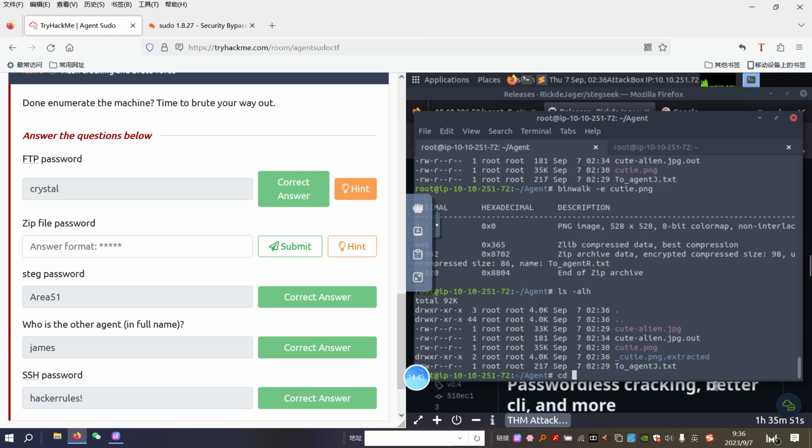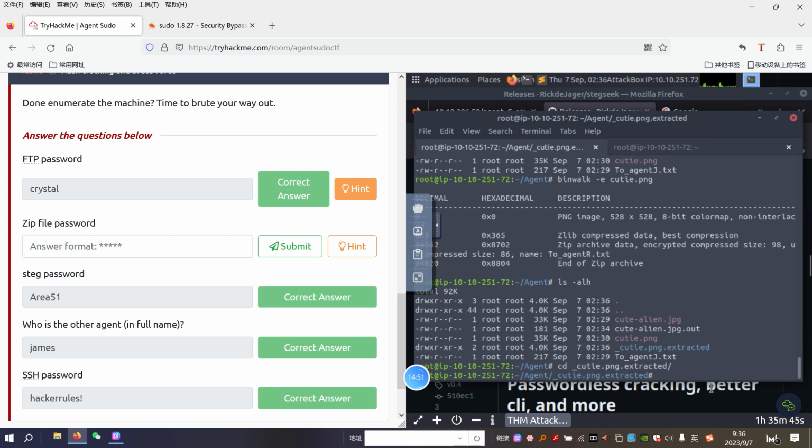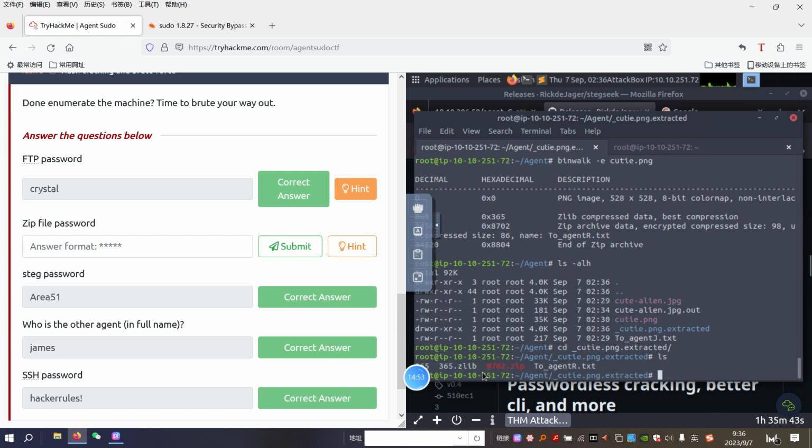And we can go to the Qt. And this zip file is protected by a passphrase. Then we can use the zip2john to convert